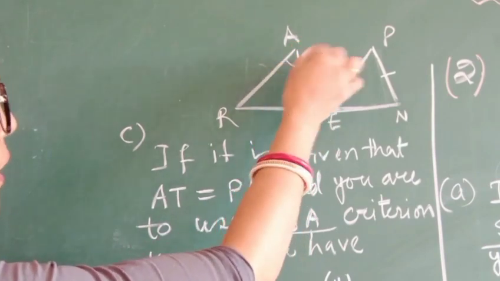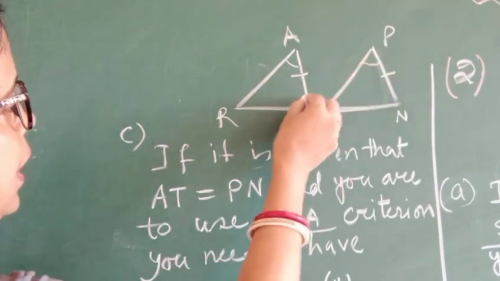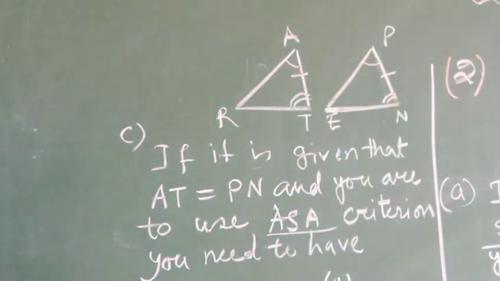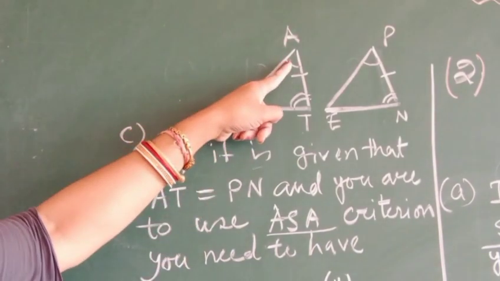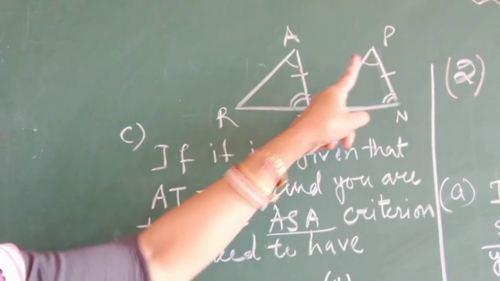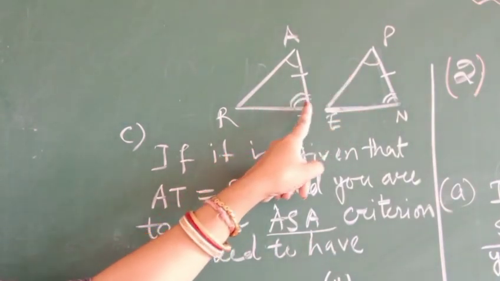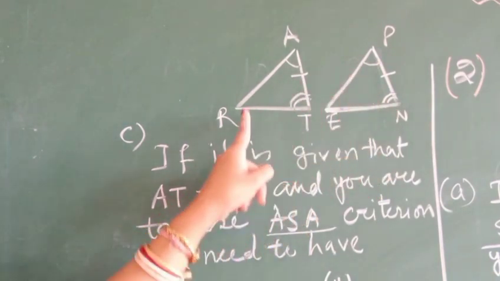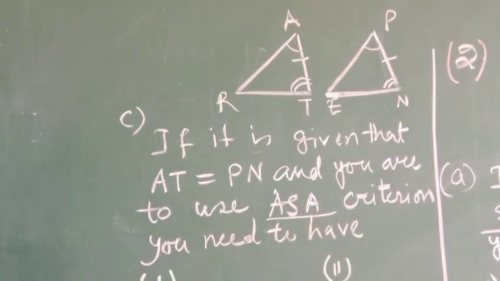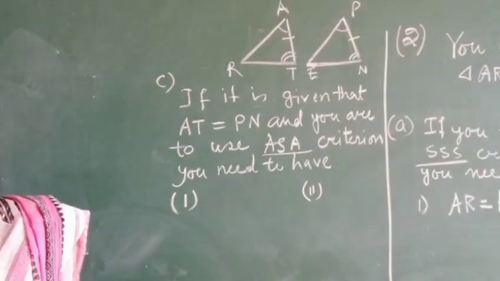That means angle A should equal angle P and angle T should equal angle N. So if the measure of angle A is the same as angle P, and angle T is the same as angle N, then we can use the angle side angle criteria as the question requires. So what I will write now,